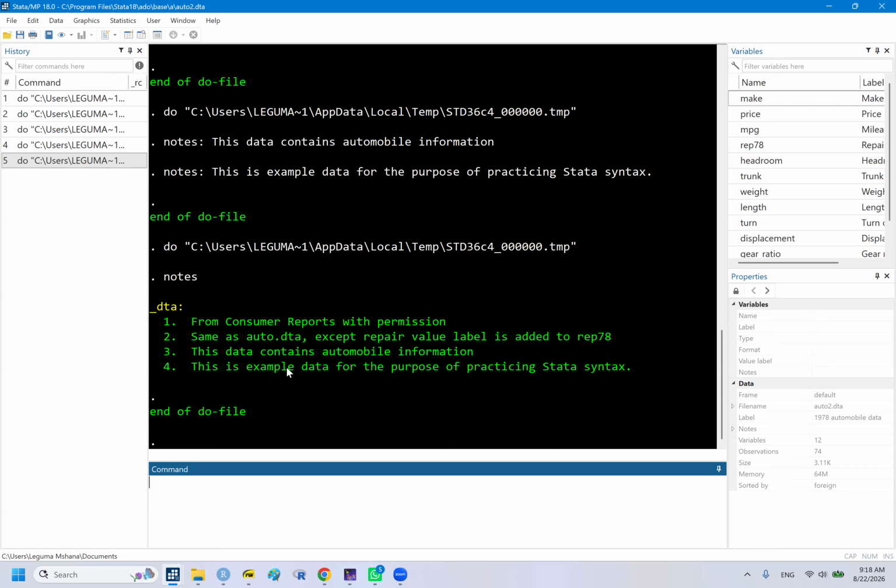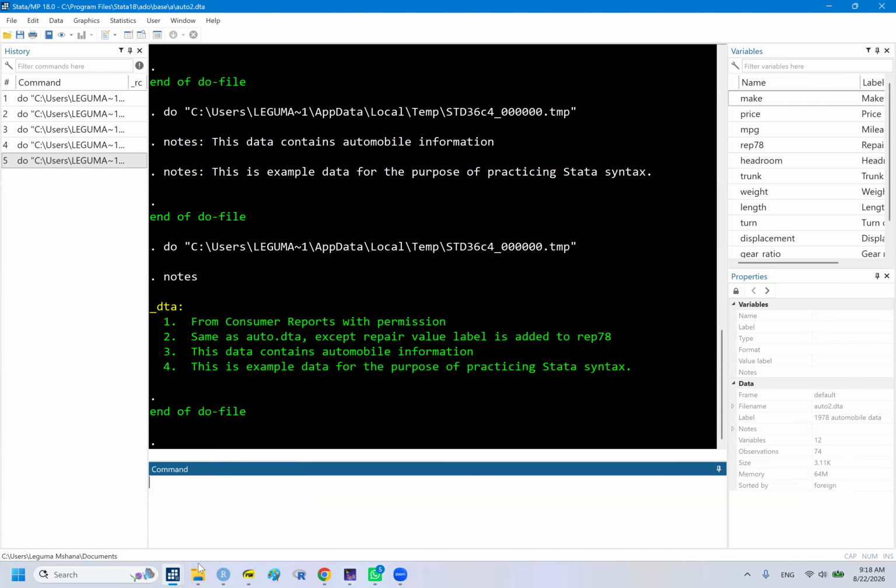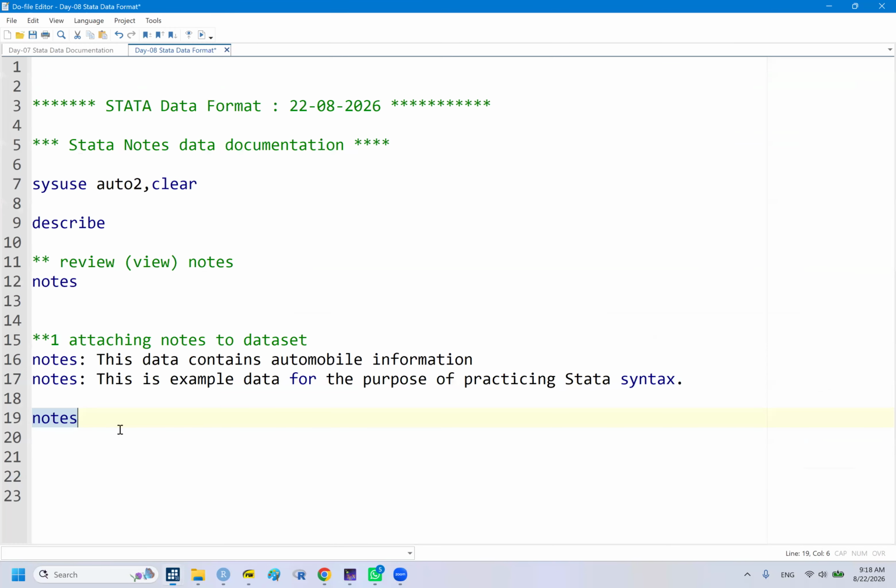So this is simply how you can add notes to data set. Add notes to entire data. Here, attach notes to entire data. The second thing is